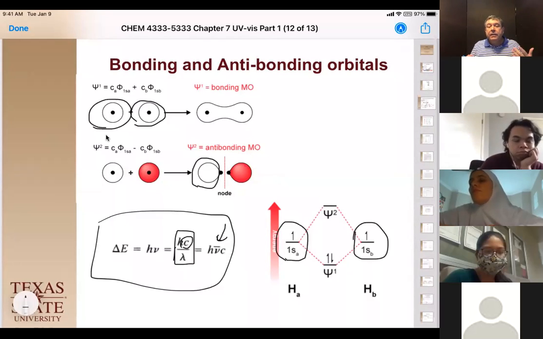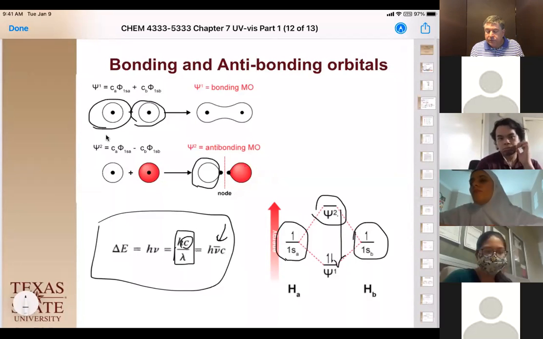So, but in the creation of this bonding orbital, we've also created an anti-bonding orbital. And there's a gap between those two. And that gap takes a certain amount of energy to excite one of those electrons from the bonding orbital into that anti-bonding orbital temporarily before it decays and comes back down. Okay, so now we have our molecular orbitals that are favored, our bonding orbitals. We have our molecular orbitals that are not favored, our anti-bonding orbitals, and the energy difference between them. Okay, so